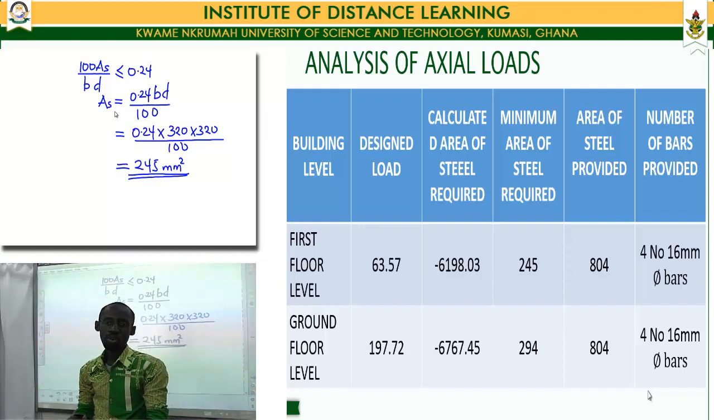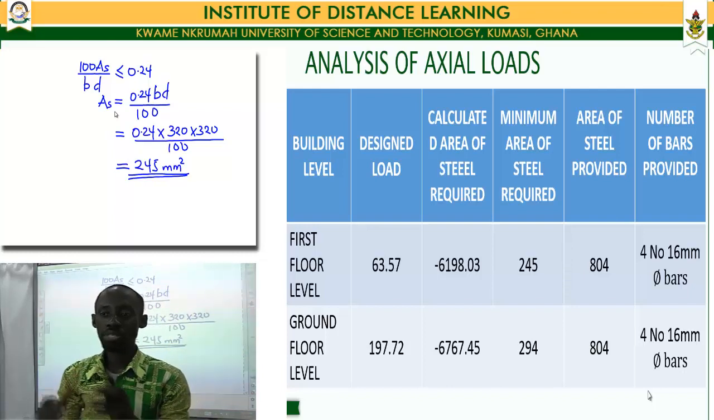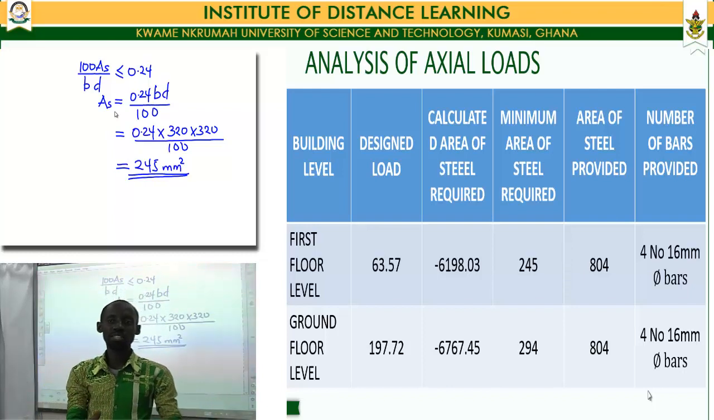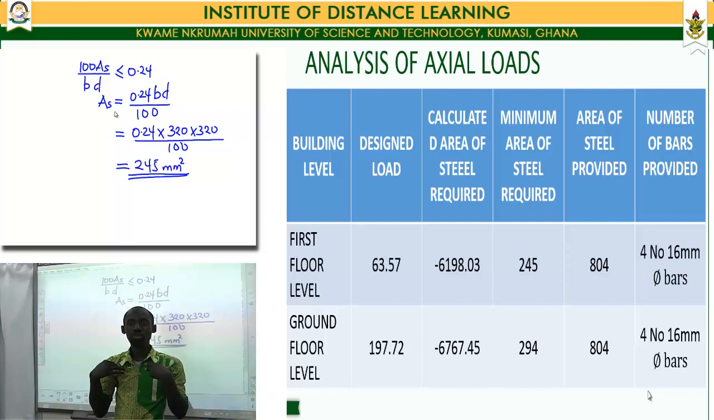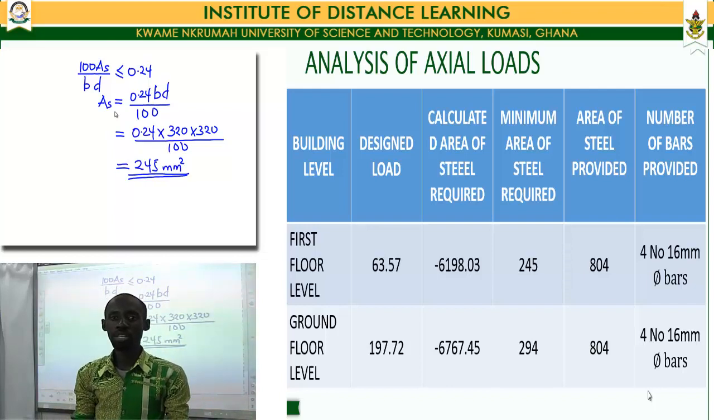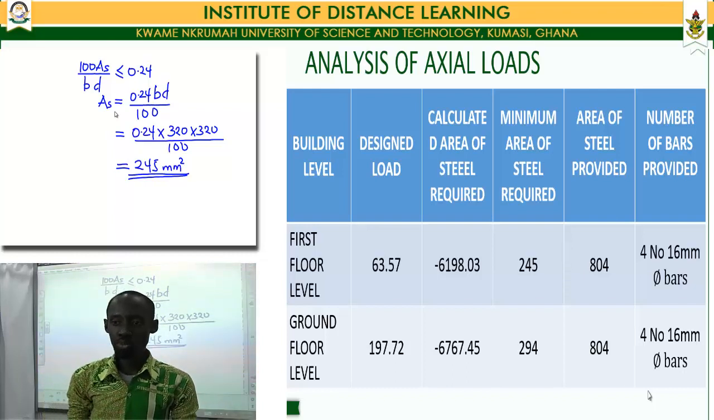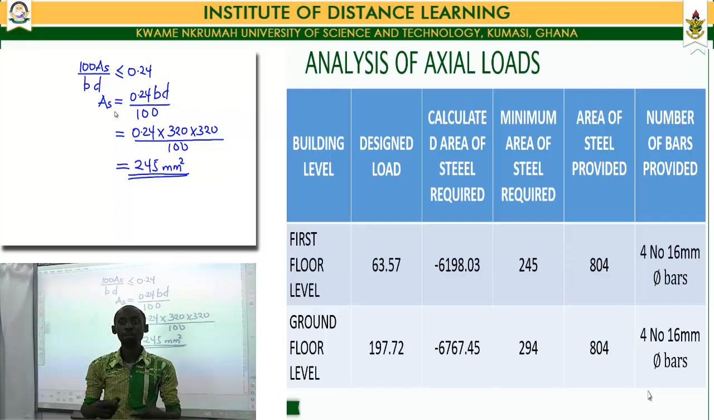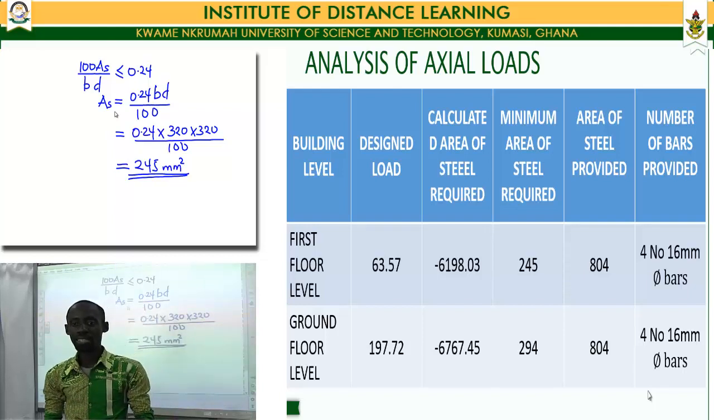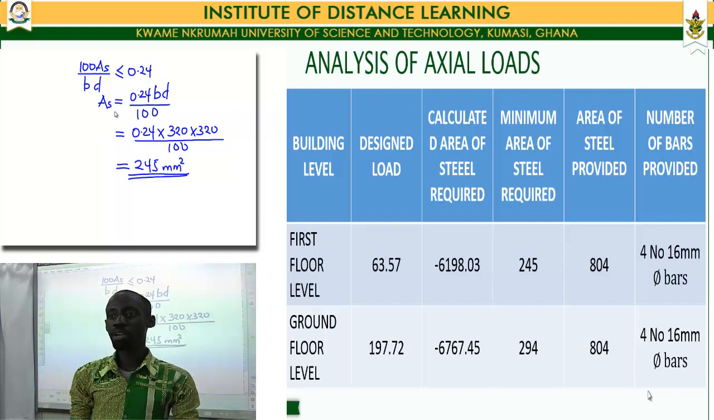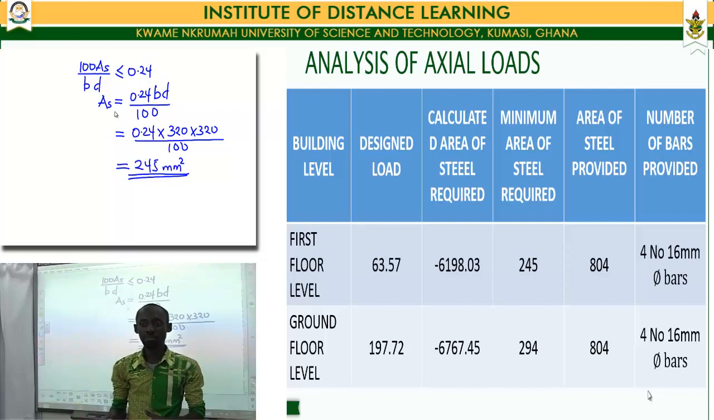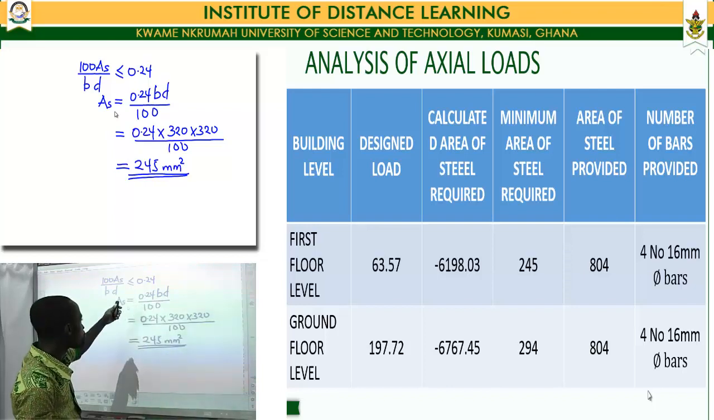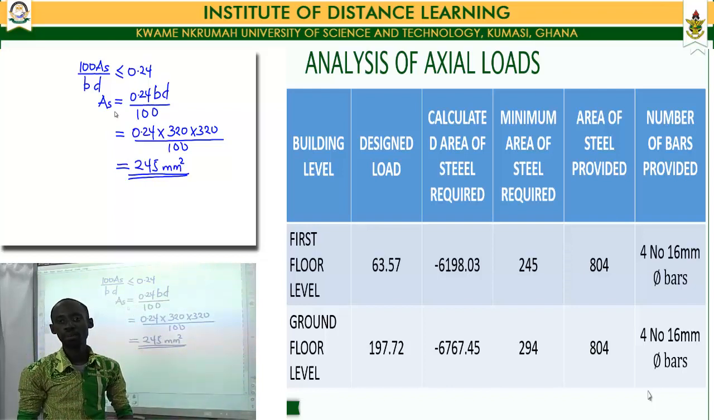Again, for the remit of reinforced concrete design, we cannot put our concrete section into service without reinforcement, and so we are supposed to make provisions for the minimum area of steel reinforcement for the section. So as we did for the first floor level, we move ahead and calculate the minimum area of reinforcement required for our concrete column section at the ground floor level, and the minimum area of reinforcement required at that point was found to have a value of 294, going through the same processes as we did for the first floor level,